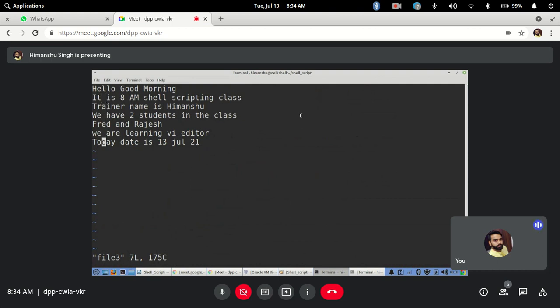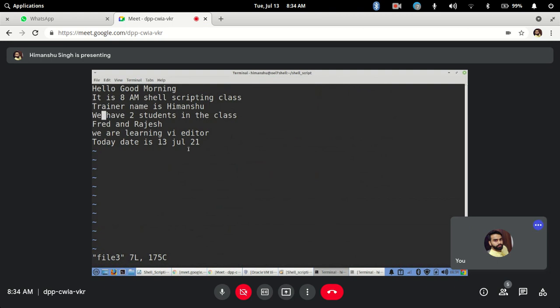If I want to jump 3 lines up and directly come to this line, what I will do is use the arrow key with 3. See, it has moved here. The white cursor has jumped 3 lines up.